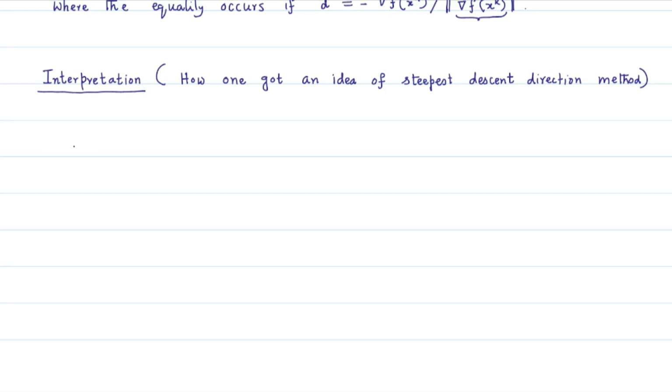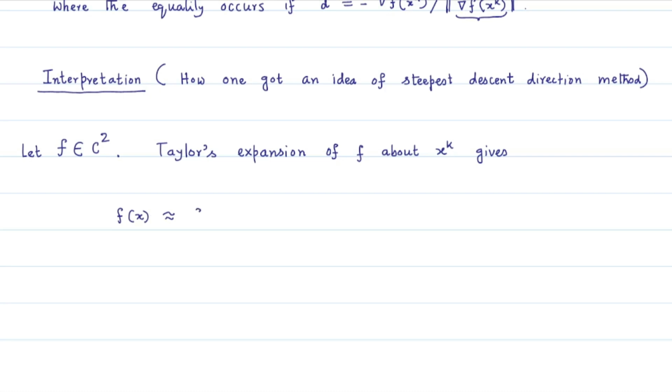If we take the function f, the objective function, a function that has second order continuous partial derivatives, then the Taylor's expansion of this function f about the current iterate xk gives us the approximate equation f(x) approximately equal to f(xk) plus gradient of f at xk transpose (x minus xk) plus half of